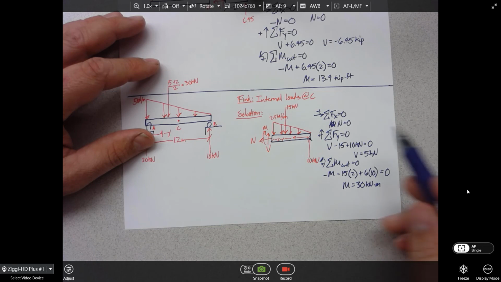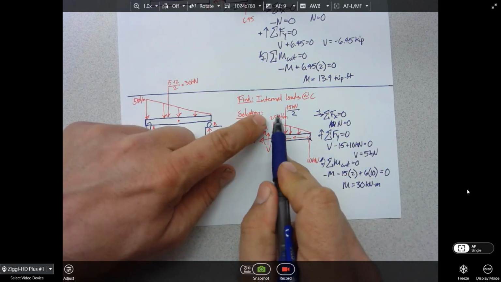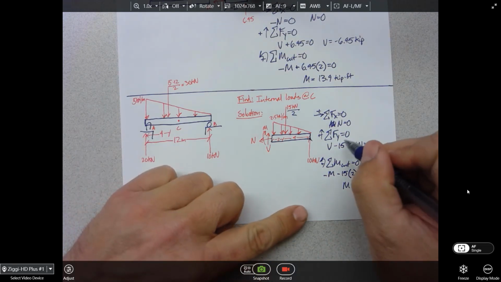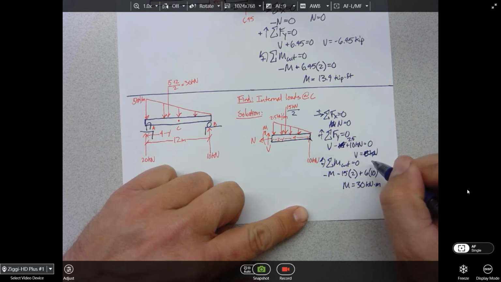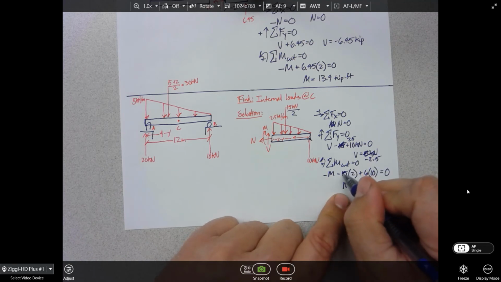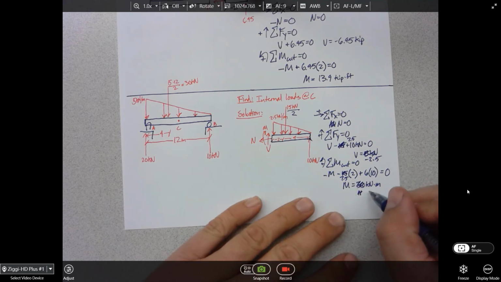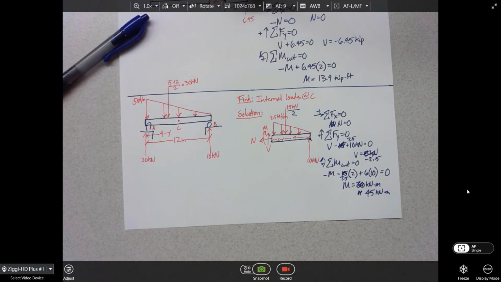So, funny thing, I did this wrong because I forgot to divide by half here. It's 2.5 times 6, which is 15, but since it's a triangle, I need to divide by half. So that's going to be 7.5. So this right here would be 7.5, which would make this negative 2.5. And then 7.5 times 2 is 15, and then 60, so it's going to be 45 kilonewton meters. Sorry, everybody. Thank you for the correction.